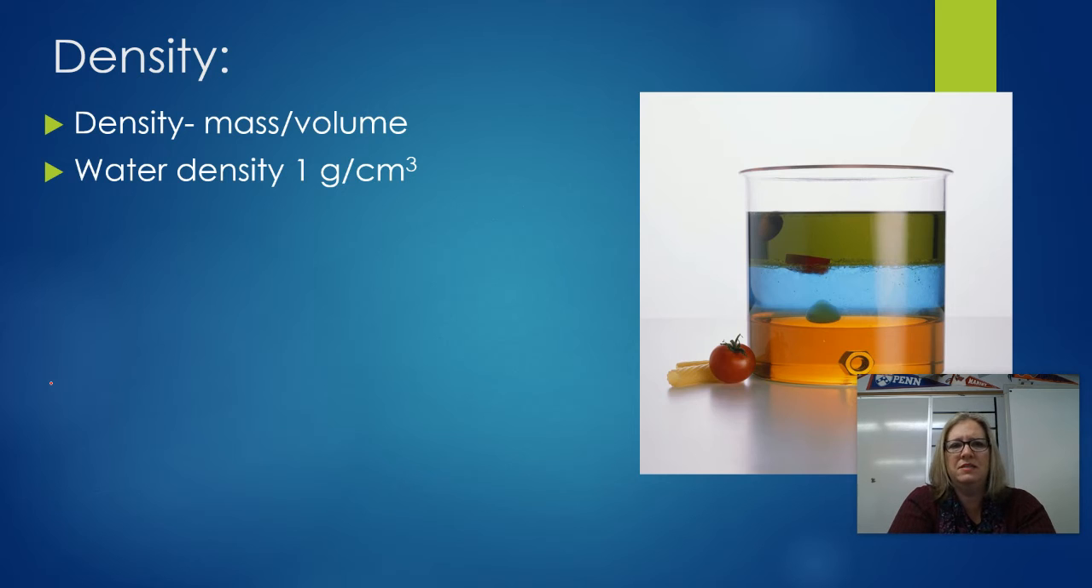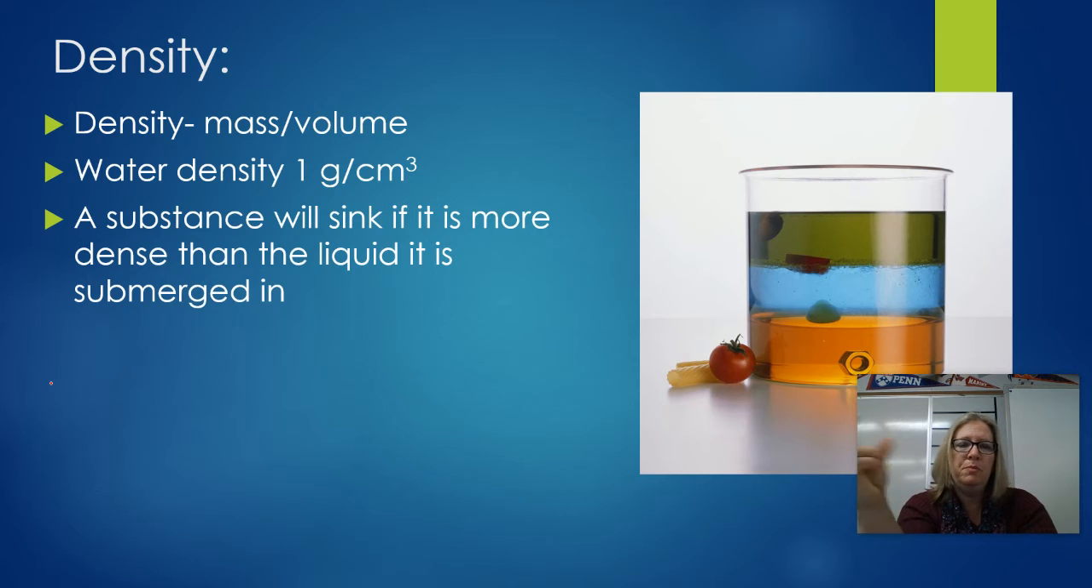Water has a known density of 1 gram per cubic centimeter, okay? Or 1 gram per milliliter. That's a known quantity, and we use it to compare things, okay? So if I put a substance into water that has a density higher than 1 gram per cubic centimeter, I know it's going to sink. Any substance will sink when it's compared to something with a lower density,